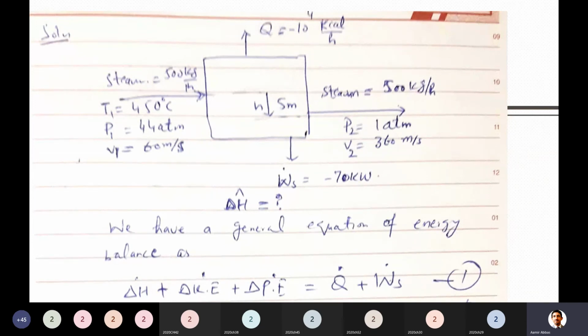What about Q? Is there any term related to Q in the question? Yes, there is a potential heat loss. So yes, heat loss, heat added, but here there is only heat loss. So our Q will be only in negative terms, which is loss. So Q will exist there.